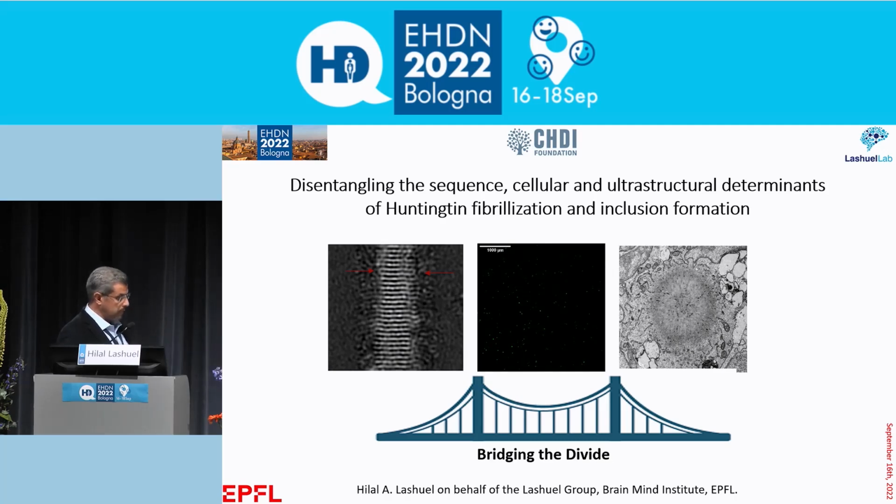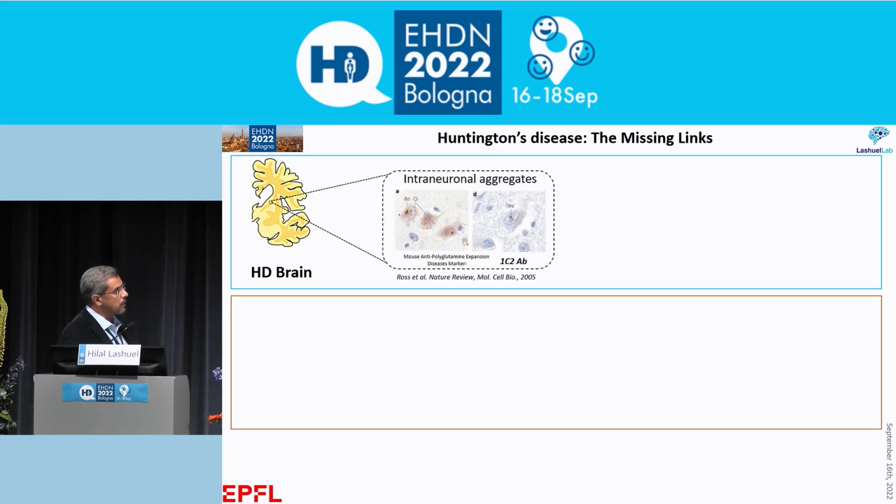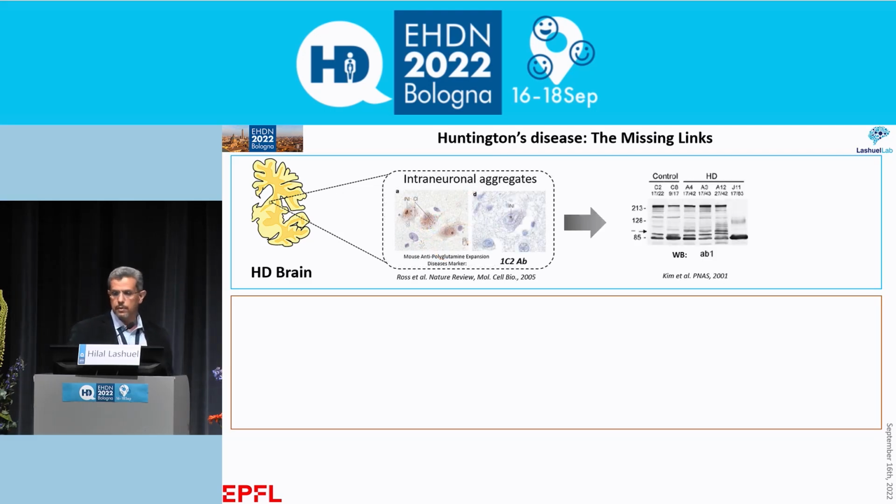This is sort of what we know. We know from what you've heard from the previous talks and pathology, we know quite a lot of the pathology of Huntington. We know that in Huntington brains, we have these inclusions that are formed in the nucleus and the cytoplasm. And we know that these are composed of a number of Huntington fragments, including full-length Huntington protein. What we don't know actually is which one of these fragments is the primary initiator and driver of pathology formation. We heard earlier about exon 1.